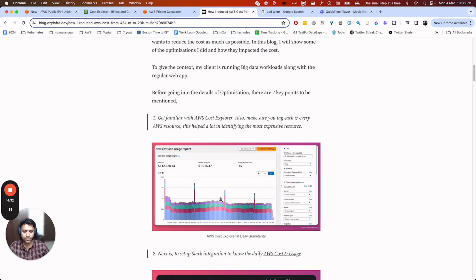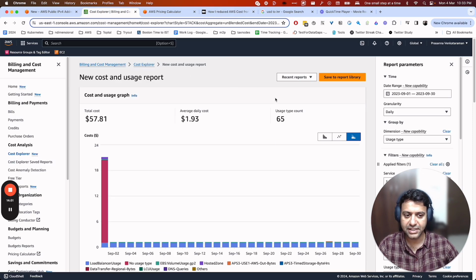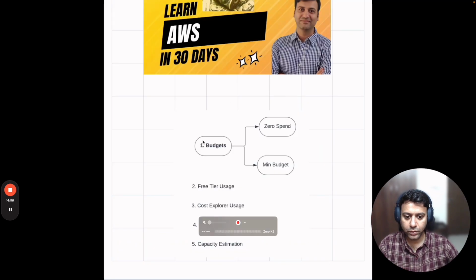And I've mentioned the Cost Explorer also, how I use Cost Explorer to drill down the cost and where the amount is being spent. Cool. So this is the third topic which I wanted to discuss, which is the Cost Explorer. The fourth one which I want to discuss is